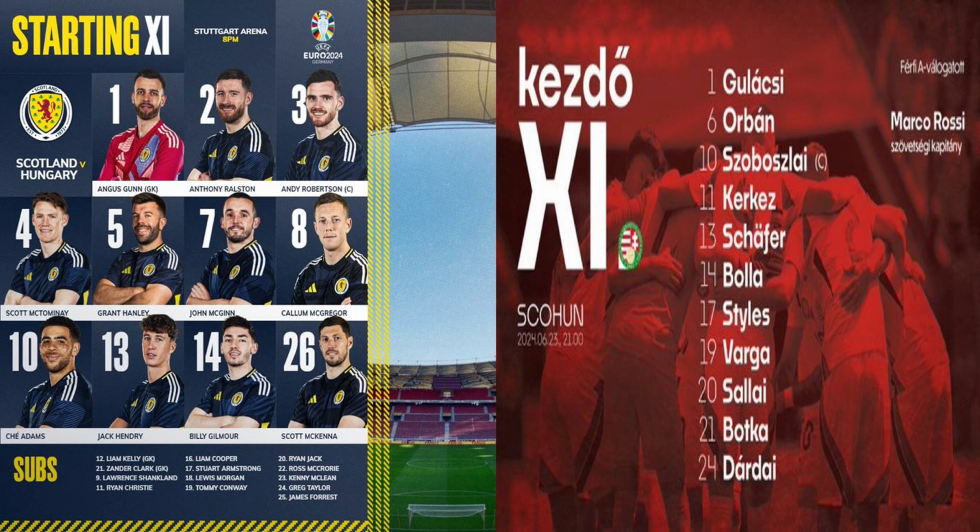Adams picks up in a good position and is able to get the cross in, but only McTominay in the middle. Robertson couldn't get there in time, and it's whacked clear there by Bolla up to the halfway line. Picked up by Hanley just inside his own half. It's square for Gilmour. Gilmour just leaves it there to McKenna, ten yards inside his own half. It's square to Hanley. Scotland again slowing it down,